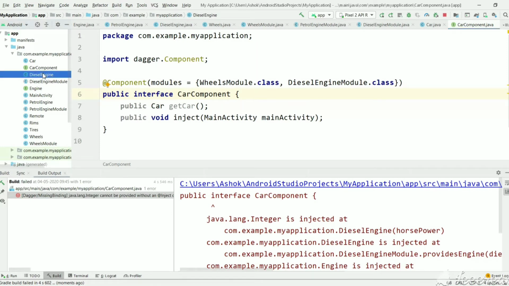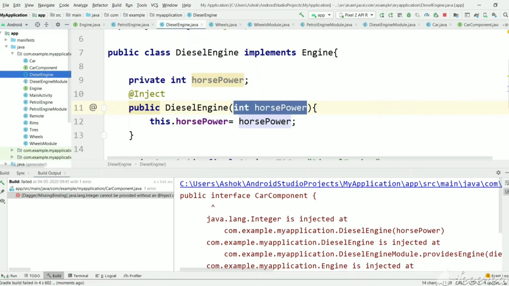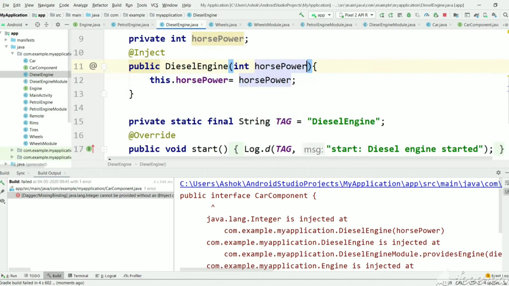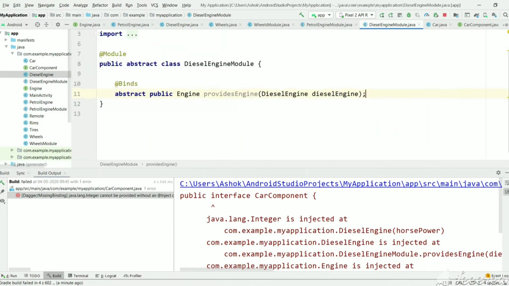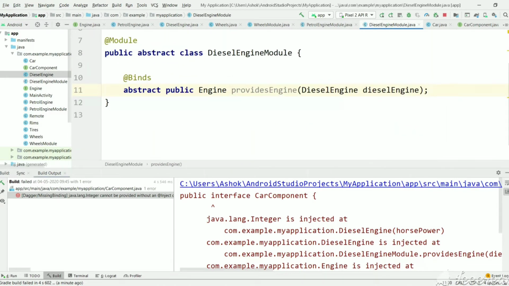So without this argument, Dagger knows how to create diesel engine, but Dagger doesn't know at runtime what value to provide to horsepower. So in this case we will go back to diesel engine module to create the diesel engine object.